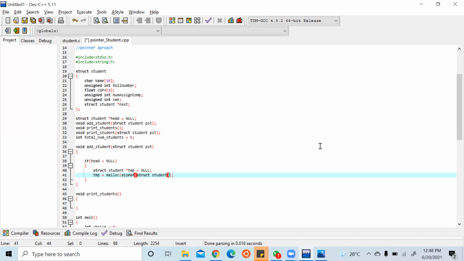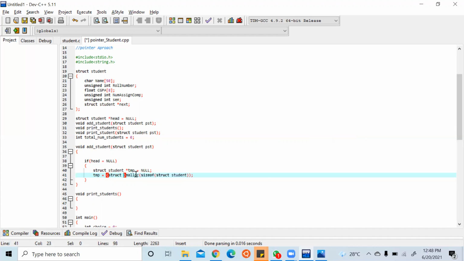The sizeof operator will tell us the size of that data type. If I use sizeof int here, it says the size of int is 4 bytes. I'm using the size of the structure, so it will allocate that many bytes. And one more thing I need to do is typecasting.